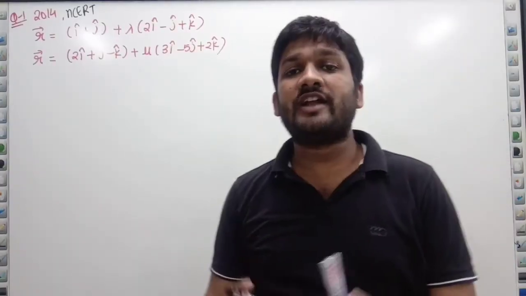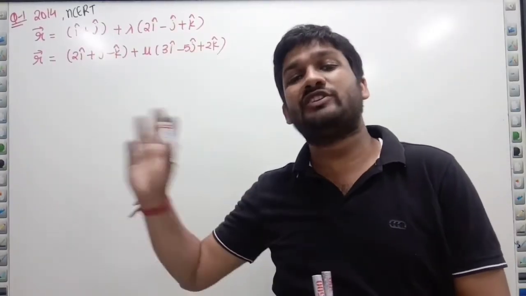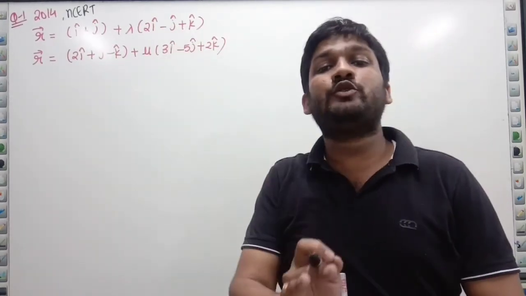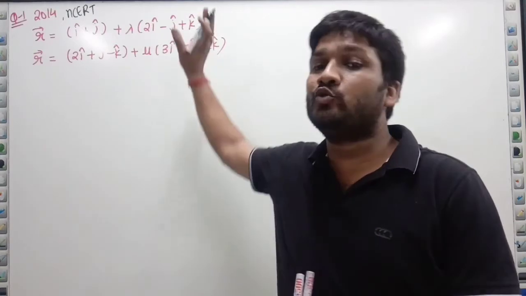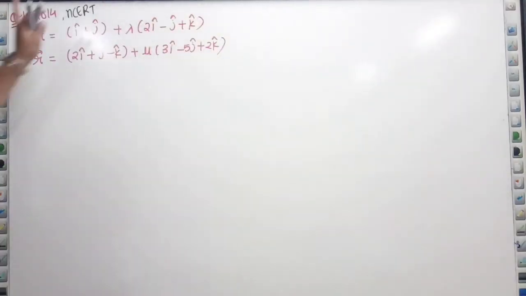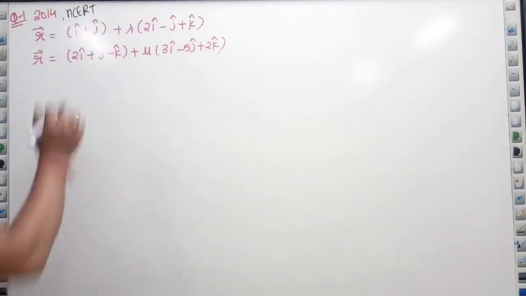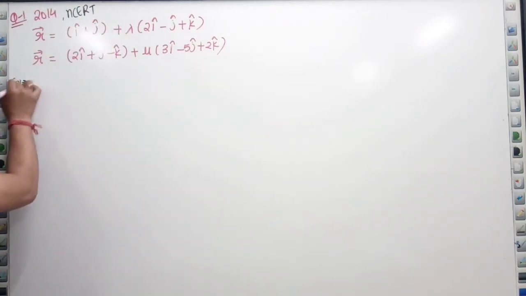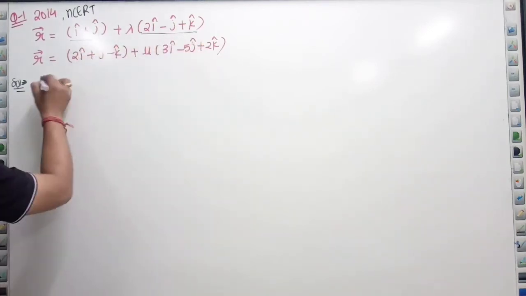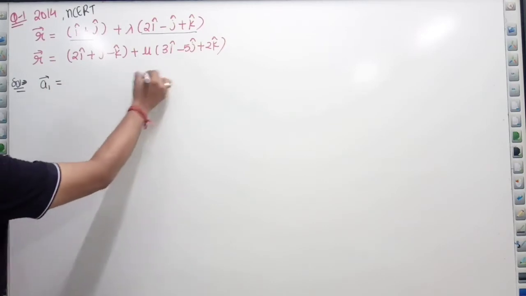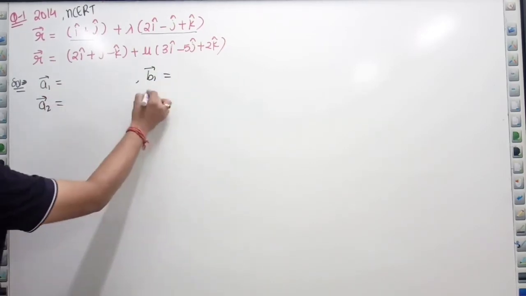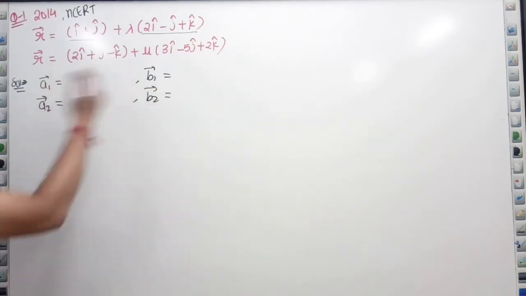Now the first question that we are having was asked in the 2014 exam and also is from NCERT. It is in vector form. We need to find the shortest distance between two lines. Lines are given here, right? I have not written the question, just written shortest distance between two lines. How to solve this question? First, compare the equation with r equal to a plus lambda b. So we'll have a1, b1, a2 and b2. We'll first find a1, b1, a2, b2.